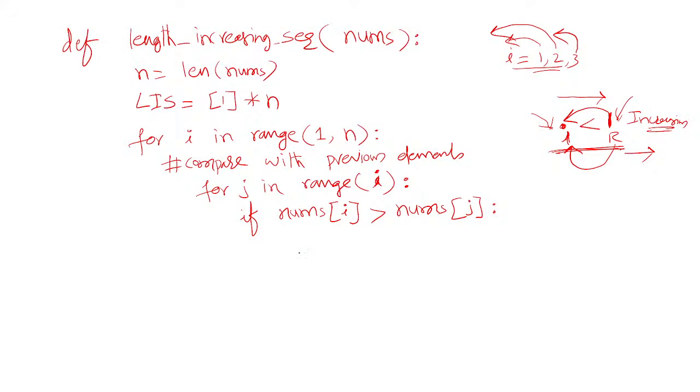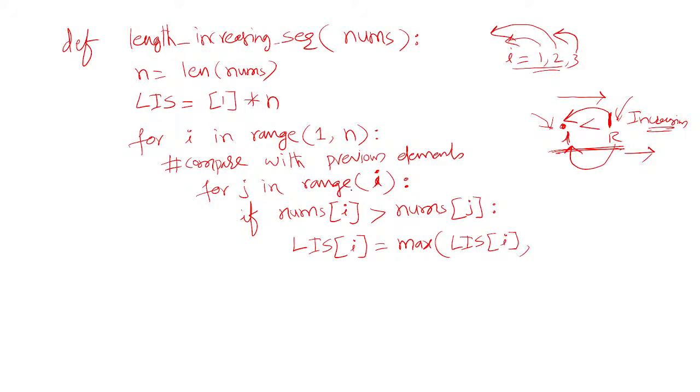Then you update the value here: lis of I is equal to the maximum of the previous value in lis of I,